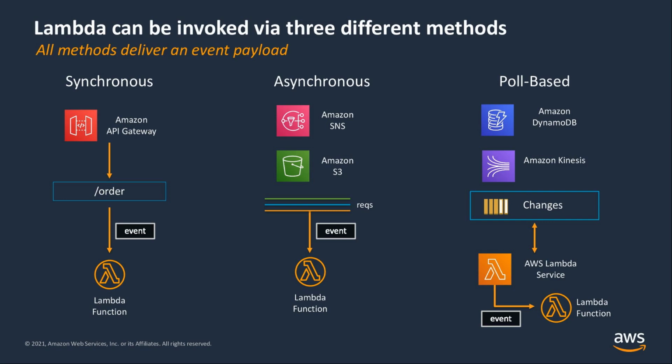Poll-based integrations allow you to integrate with AWS stream and queue-based services with no code or server management. Lambda is going to poll the services on your behalf, retrieve records, and invoke your functions. AWS will manage the poller on your behalf and perform those synchronous invokes. This integration works for Kinesis, SQS, and DynamoDB streams. If you used EC2 or containers with these, you'd have to write a lot of code to efficiently read messages off of those streams. So we take that undifferentiated heavy lifting off of your shoulders.